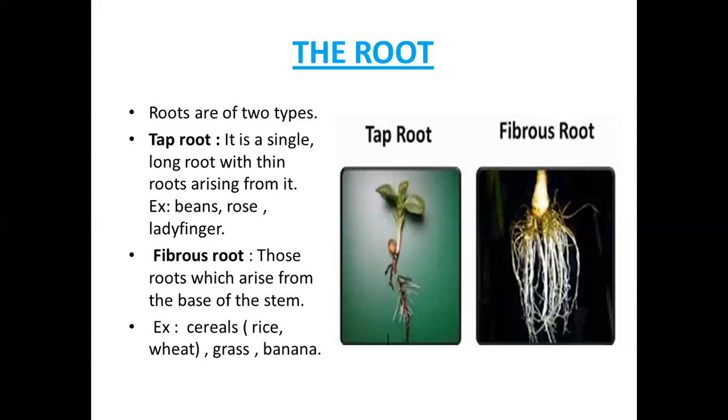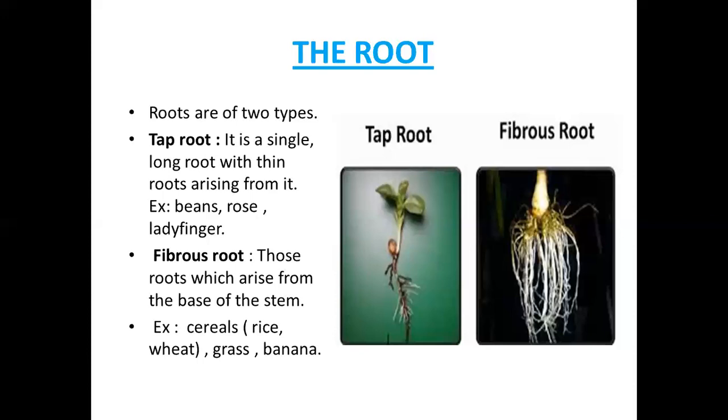If you observe the fibrous roots, we can say that a bunch of roots are coming from a particular part of the root, from the base of the root. So, fibrous roots are those in which many roots arise from the base of the stem. A bunch of roots are arising from the base of the stem. Not like a taproot. This is different from the taproot. A bunch of roots are arising. All the roots are alike. No small roots, no big roots like that. So a bunch of roots are arising from the base of the stem.